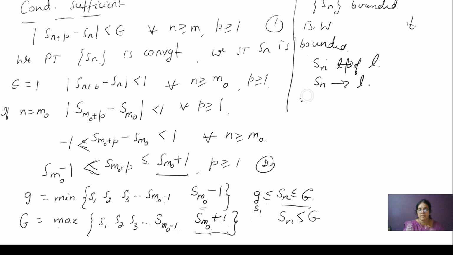For epsilon greater than 0, there exists a positive integer m such that modulus of S_n